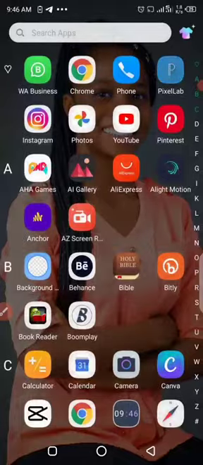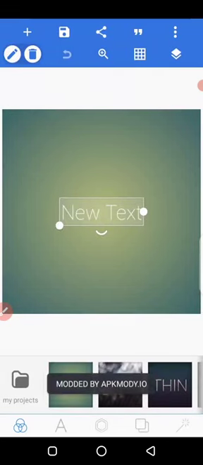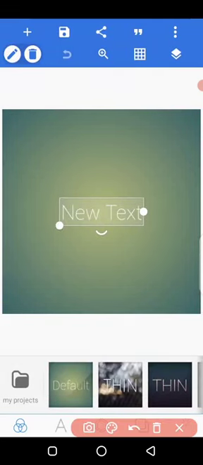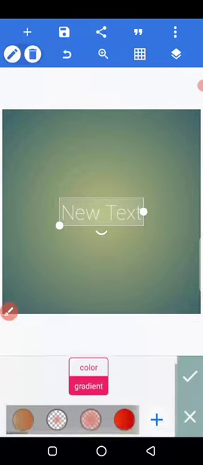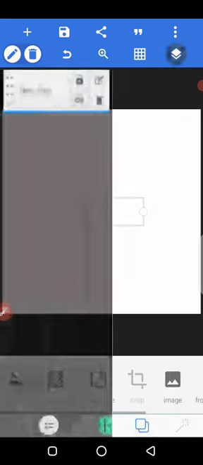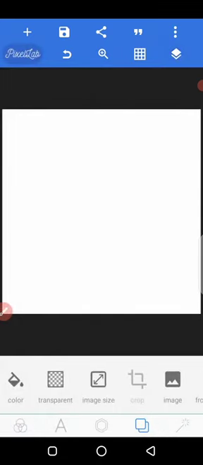Let me exit and come back. It's going to give me a brand new page. Great. So one thing you want to do first is come here and then click on color and then change the background color to white. Nice. Delete new text. So click on this grid tool here